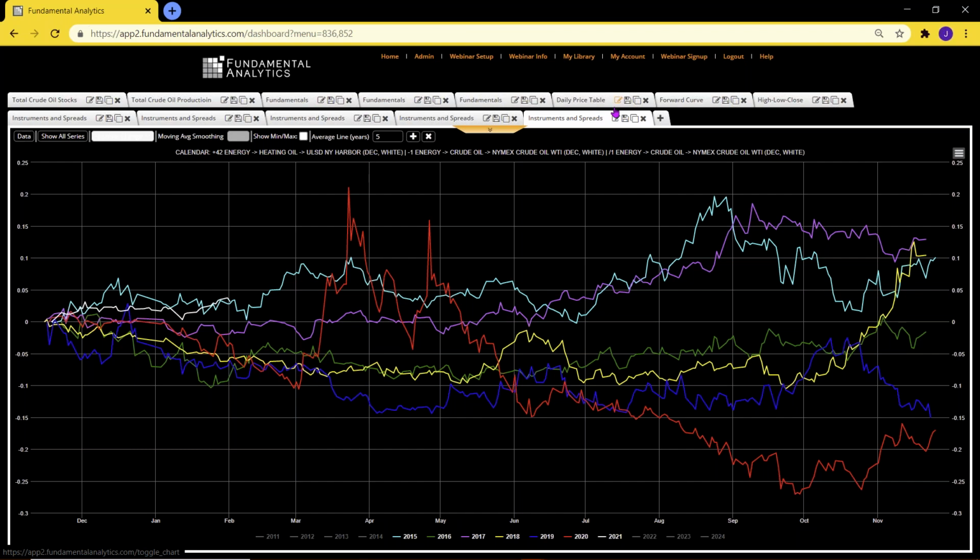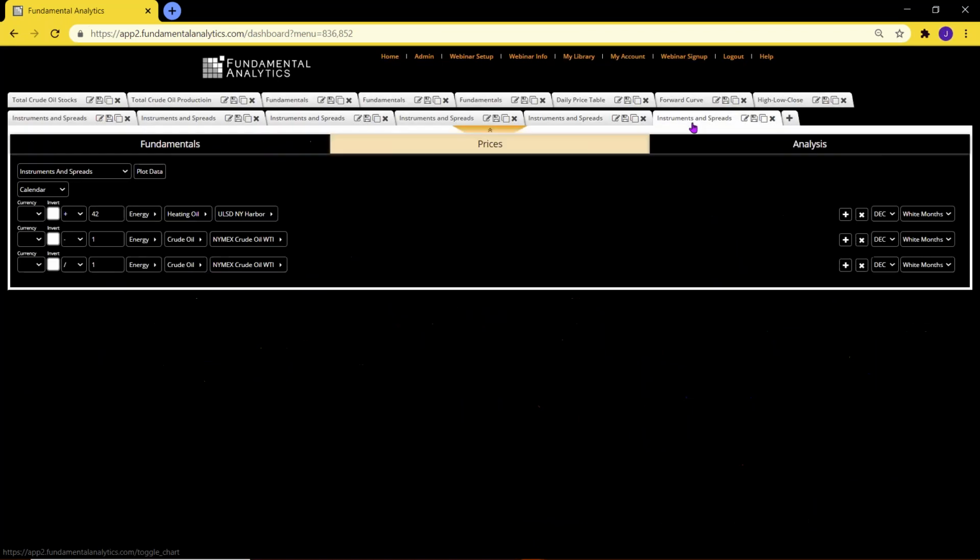Okay, as you see, we've created quite a few tabs. I could have named each one of them, set this dashboard up, saved them all, and then as I would return to a session, I could bring them up automatically or one by one. It's all set up as a kind of private individual library of data and information that you might want to follow regularly.